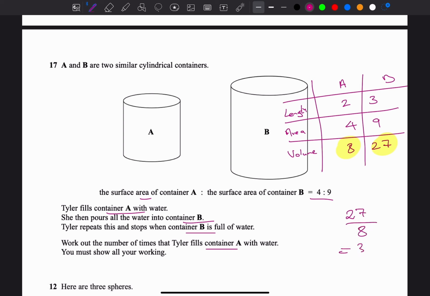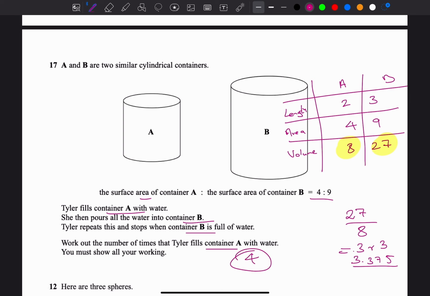That will give you 3 remainder 3 anyways, which is 3.375 technically. Remember, it then pours into B and stops when B is full of water. Well, technically it's 3.375, but how many is the complete number of times you have to fill it